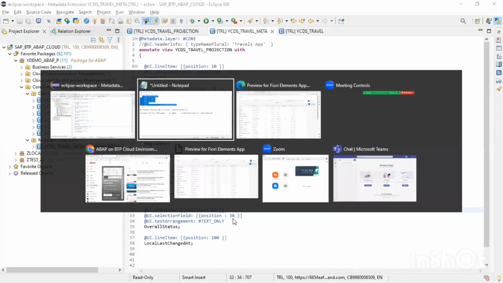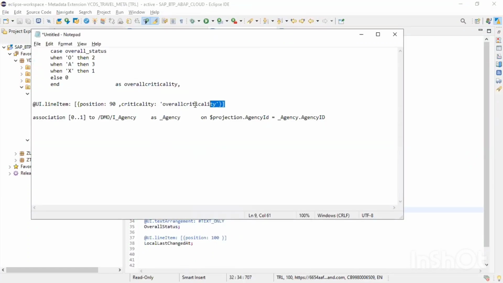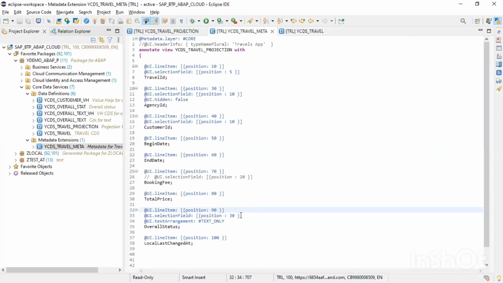So what is that? I'll show you. So we have to use this. So here I'm using this position 90, and we are using criticality, and criticality would be equal to